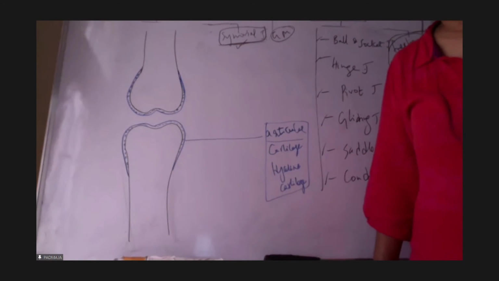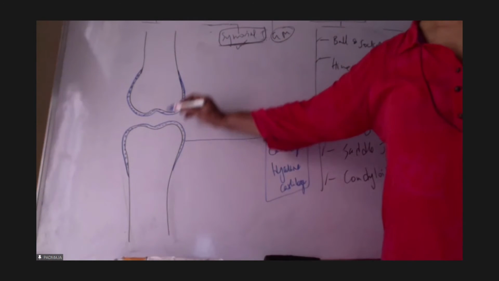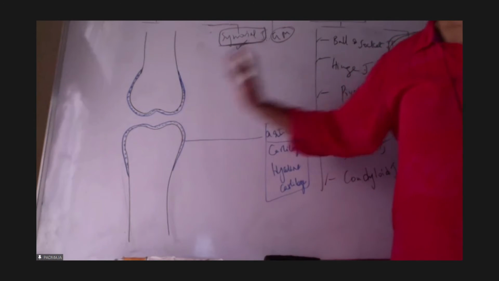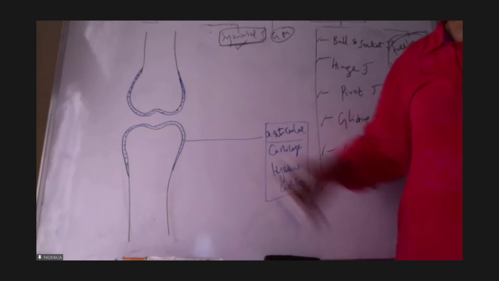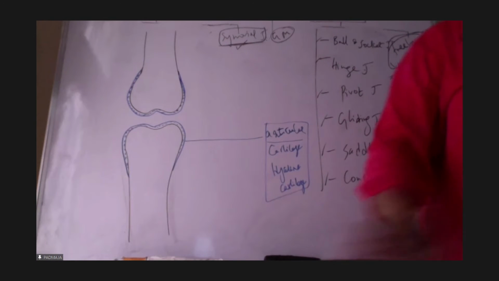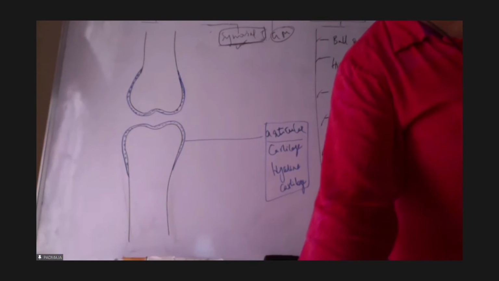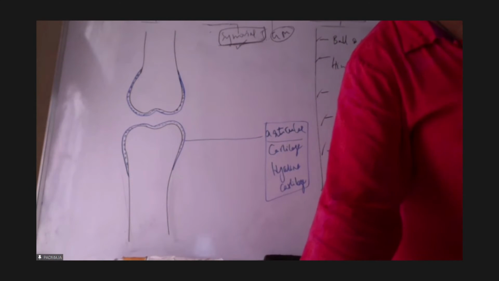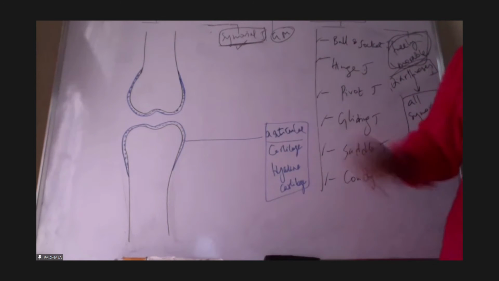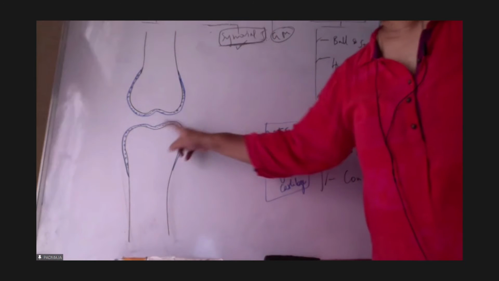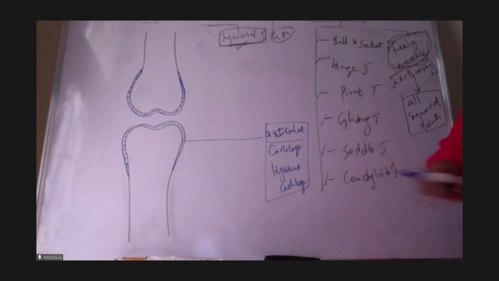As we become old, because we stand on this joint, we walk and we run, all our movements depend on this joint. So as our age increases, slowly this cartilage undergoes wear and tear. So it is an age related problem. In old age, people generally develop joint pains, which you have already studied. In disorders, we'll cover that. So near the joint, bones are covered by articular cartilage made up of hyaline cartilage.